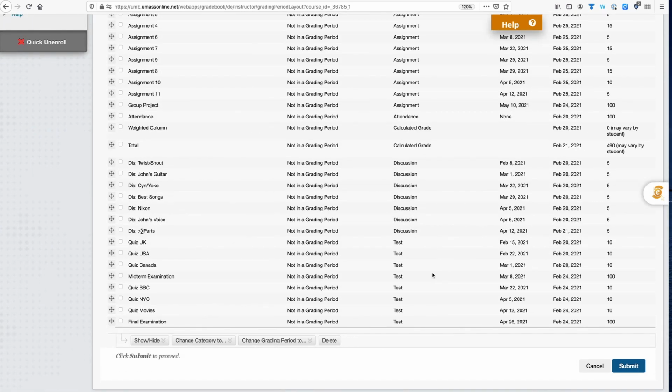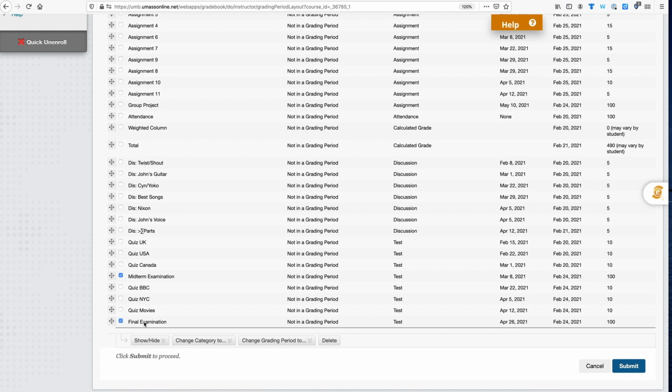I know that Blackboard is not going to distinguish between the 6 quizzes that I'm grouping to represent 10% of the total grade and the midterm and final exams, all of them by default categorized as tests. I could, if I wanted, go to Manage Categories and create a new category for these. But since they each get a separate weighting in my calculation, I'm simply going to make these categorized by checking the box next to them